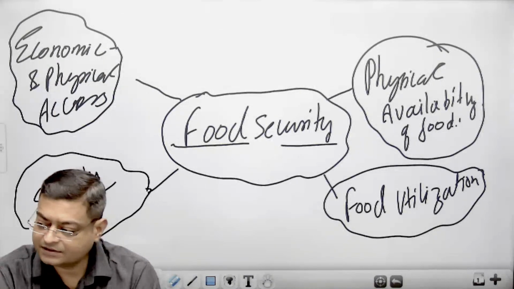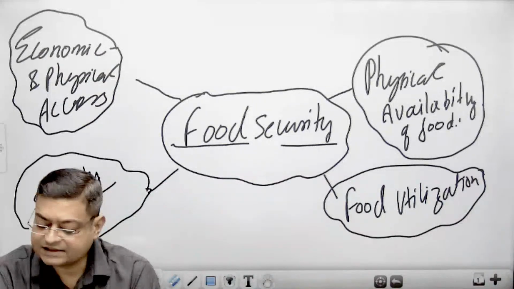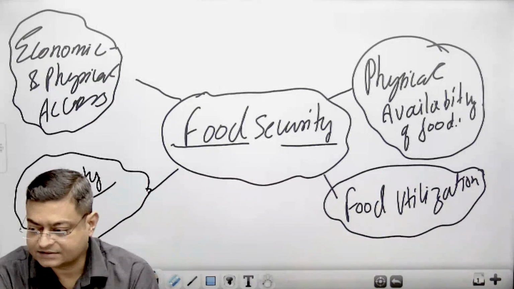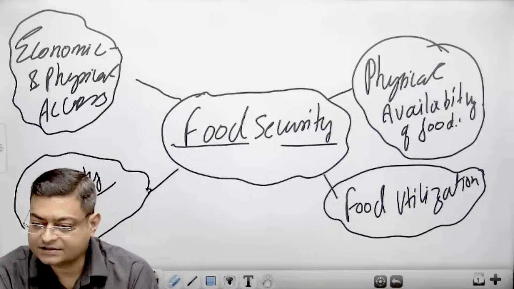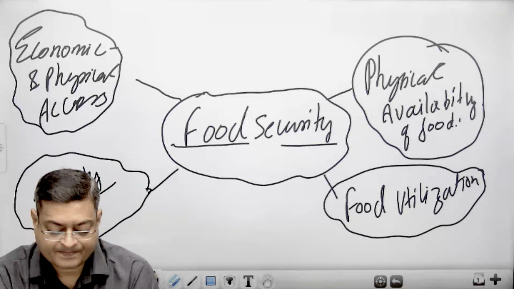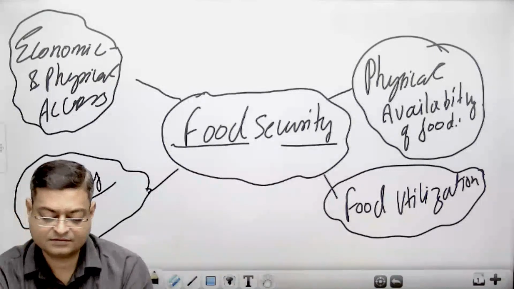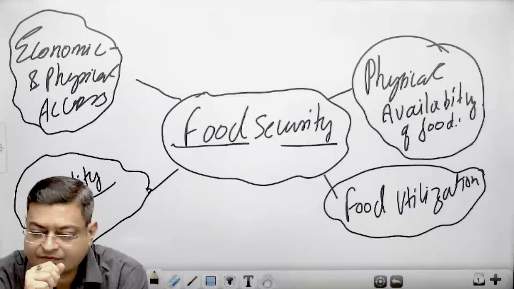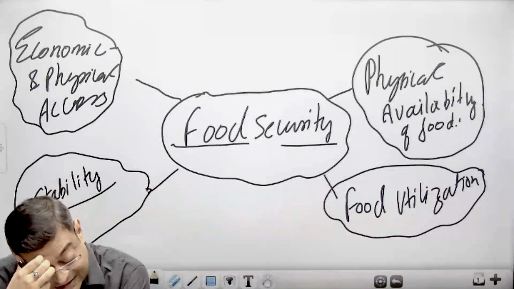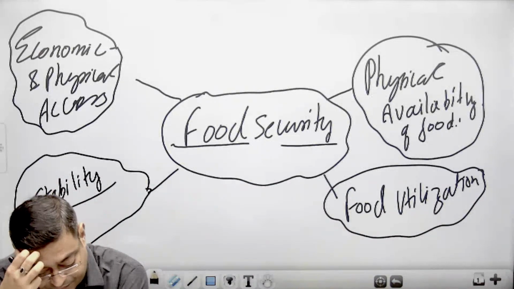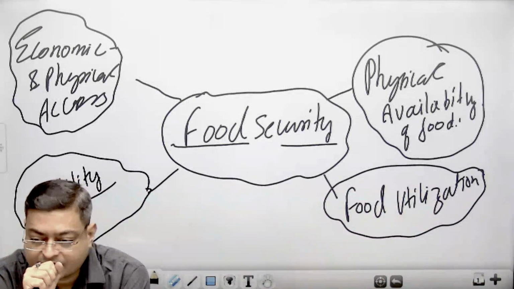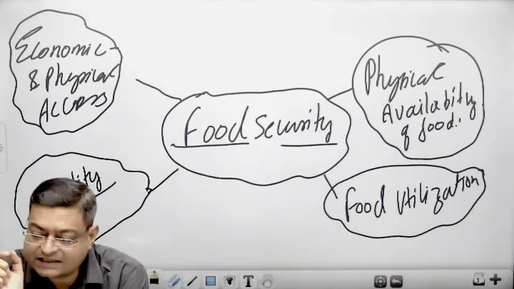So based on the 1996 World Food Summit, there are 4 dimensions of food security. 1 2 3 करके लिखना. Physical availability of food. Physical availability of food. This addresses